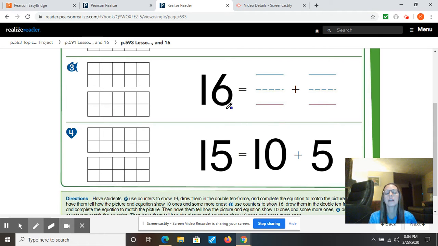So what we need to find in this problem are the two smaller parts. Now remember, today we're trying to show 16 as a group of 10 and a few more, whatever number we need to make it get the whole way to 16. So let's start in the top 10 frame. We'll count our first numbers and then count on until we get to 16. Ready? 1,